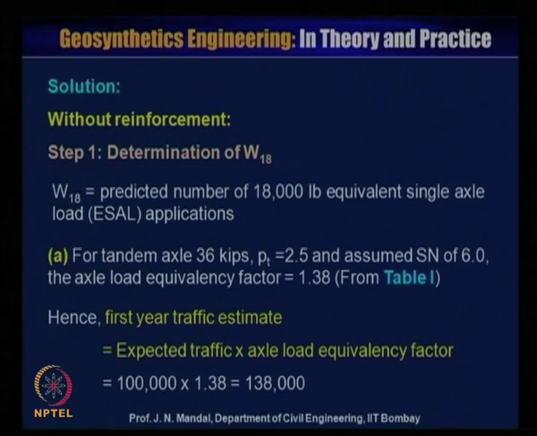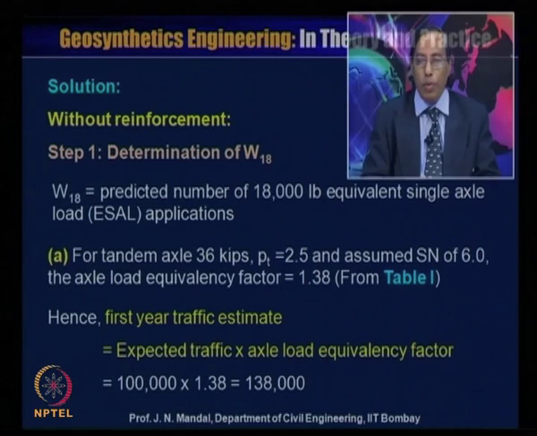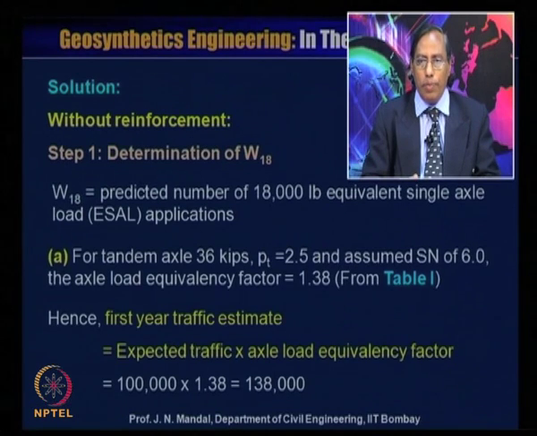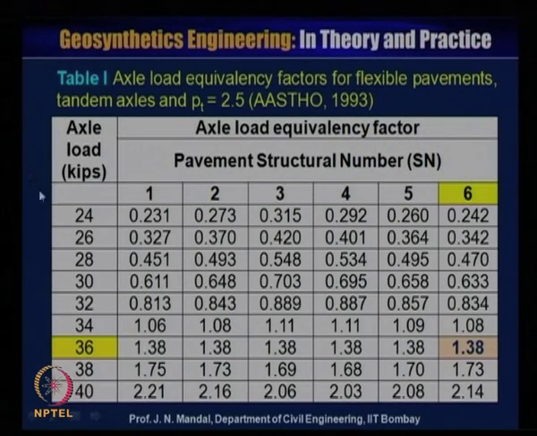This is the solution without reinforcement. Step 1, determination of W18, that is the predicted number of 18,000 pound equivalent single axle load, or ESAL application. For tandem axle 36 kips, Pt is equal to 2.5, that means terminal serviceability is 2.5, and assume SN structural number of 6.0. The axle load equivalency factor is equal to 1.38, which we can determine from Table 1. So, for tandem axle of 36 kips, we can calculate this. Standard axle kips is 36 kips, and this is the